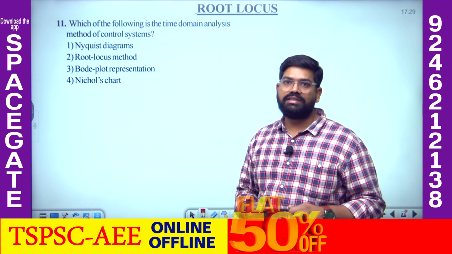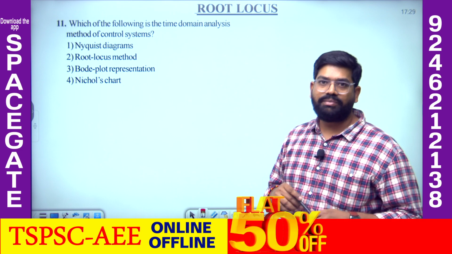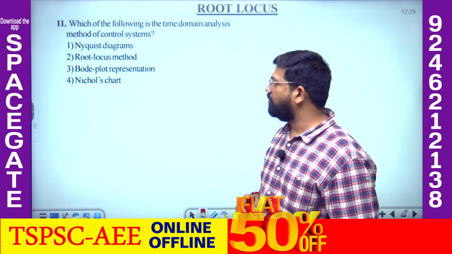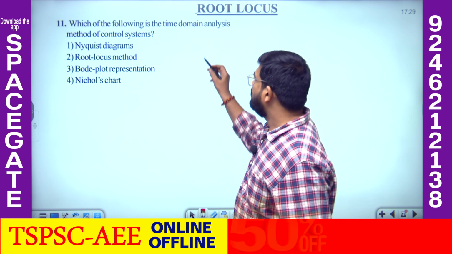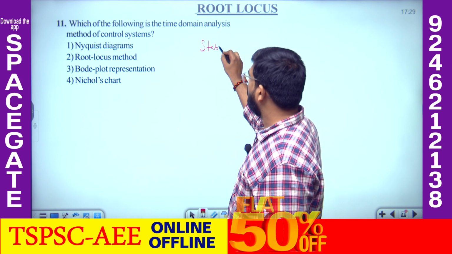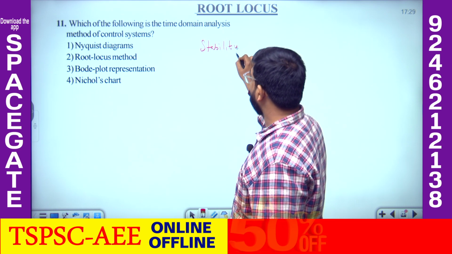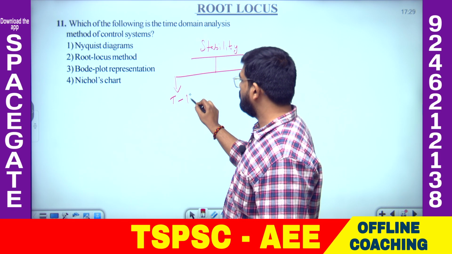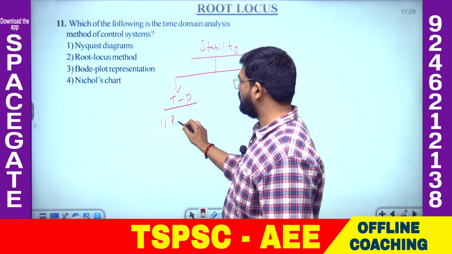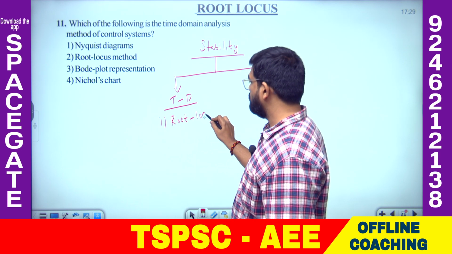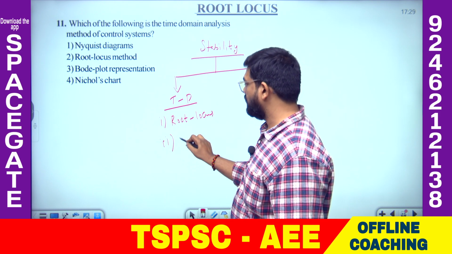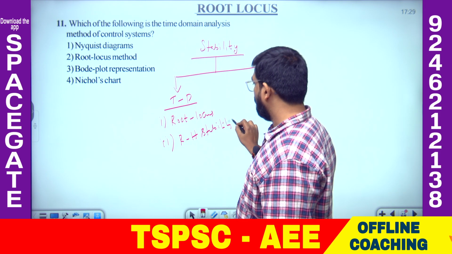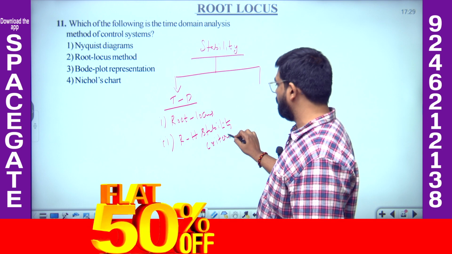Which of the following is the time domain analysis method of control system? If you see here, Nyquist, root locus, Bode plot, Nichols chart, all these methods are stability techniques. Okay, stability techniques in time domain. What are the time domain techniques we have? Root locus as well as RH stability criteria, means Routh-Hurwitz stability criteria, and root locus both come in our